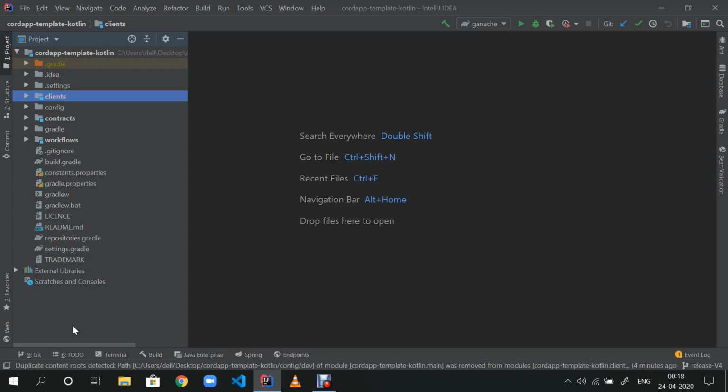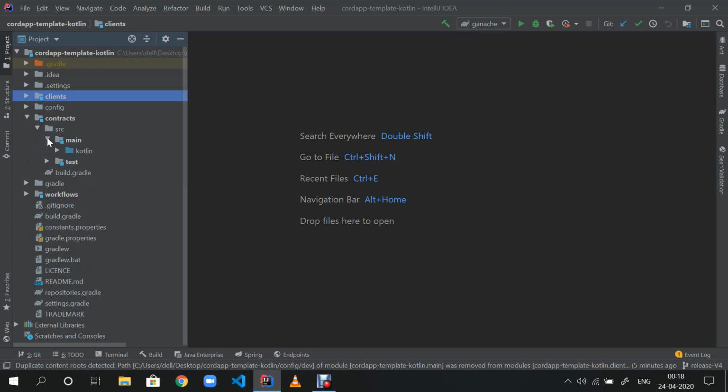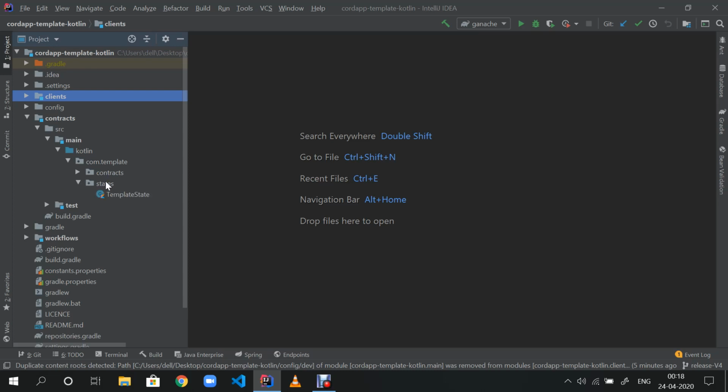So let's start with the basic structure of your Coda app. When you open this contract folder, you will find two folders at the end, contracts and states. If you open the states folder, you will find a template state.